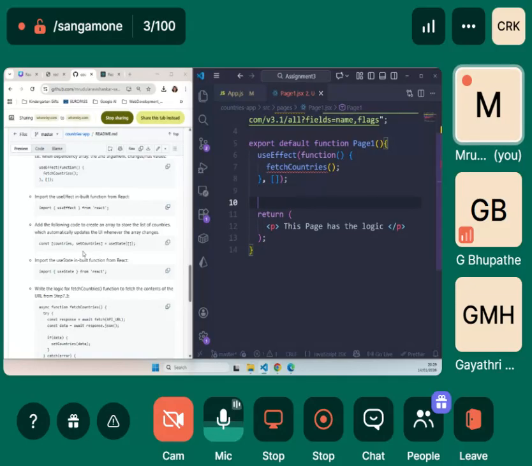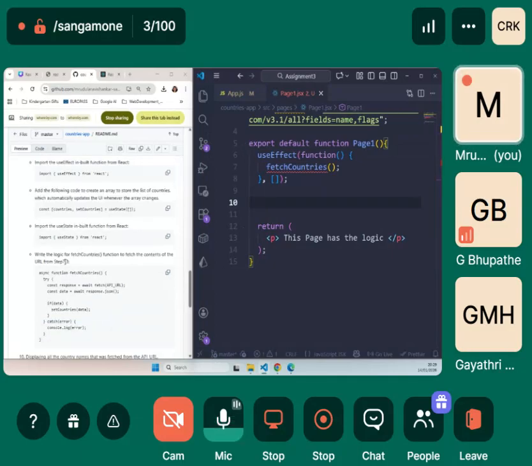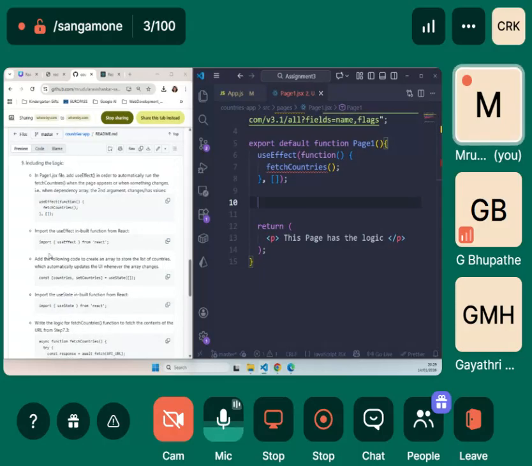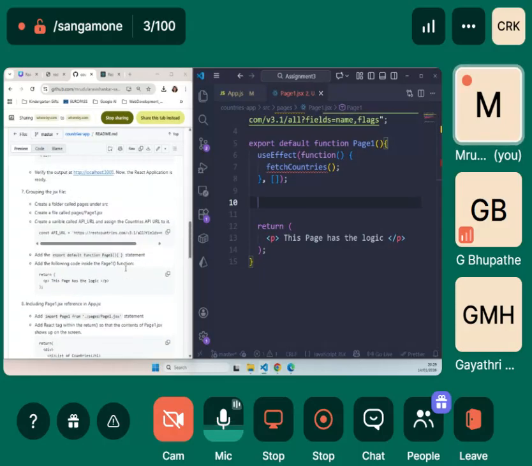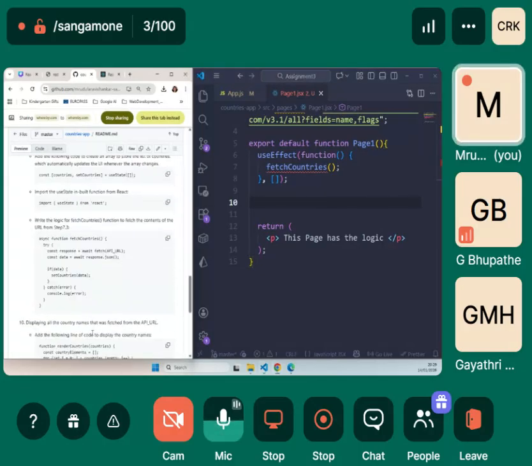First we will write the code for fetchCountries because it is continuously asking me to write it. So we will write the logic for the fetchCountries function to fetch the contents of the URL from step 7.3. So 7.3 is here. So we will be fetching it. How will we fetch it?